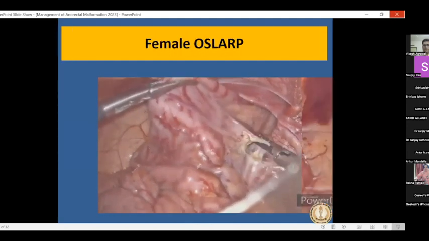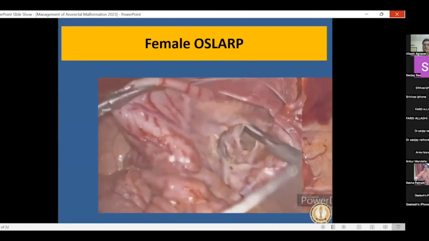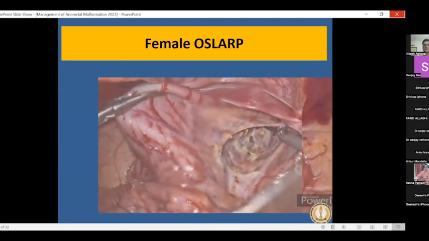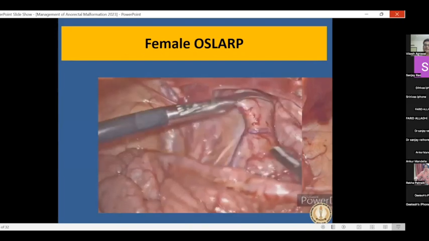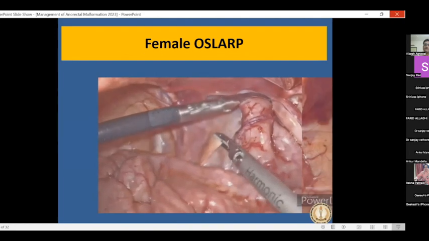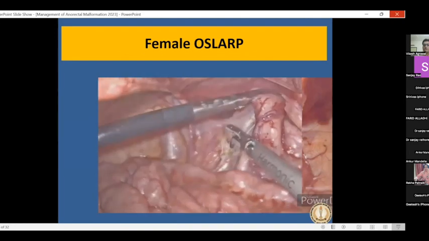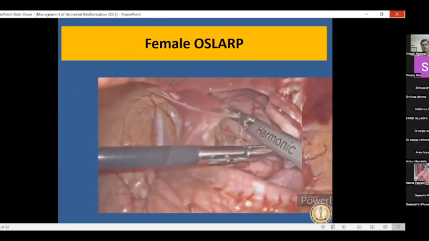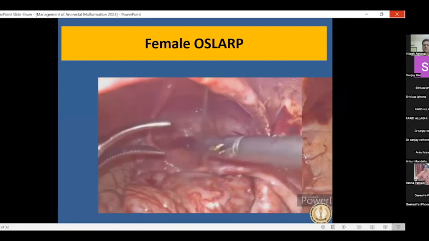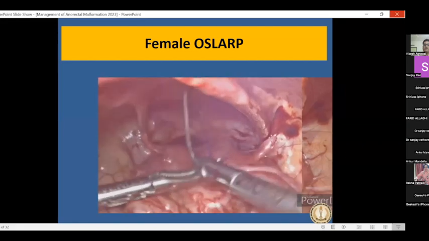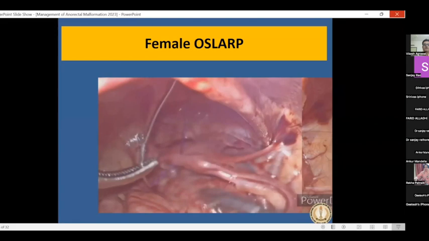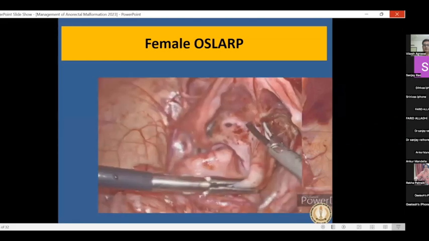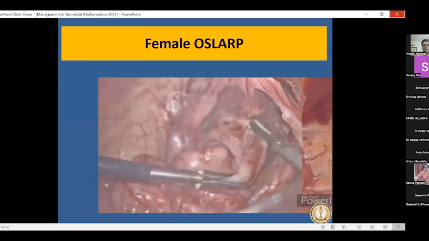There is a large group of patients who present to us with female anorectal malformation, which are not vestibular fistula, or they are cloaca or rectovaginal fistula, and they're deflating well. This is something which is not very evident in literature, but there are a huge number of patients coming to us who deflate well, so they don't have distension. Even in cloaca, we adopt the time technique of OSLAR, but those who are deflating well are good cases for laparoscopic pull-through, and obviously they should avoid a colostomy because it's almost like Hirschsprung's disease, where we don't do a colostomy, we do a pull-through after giving rectal washes.